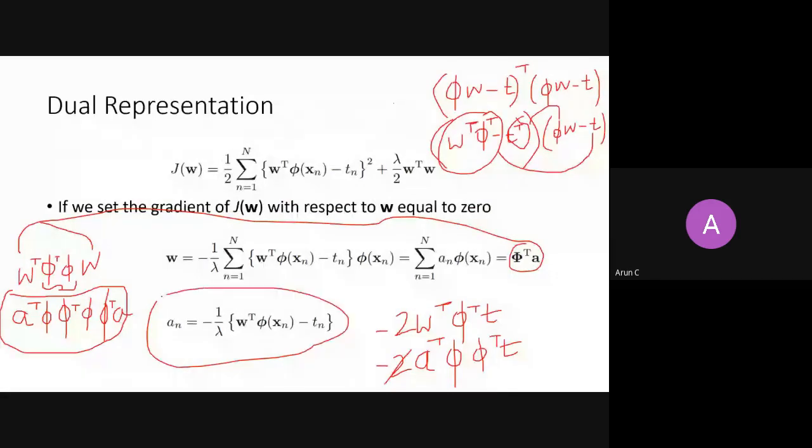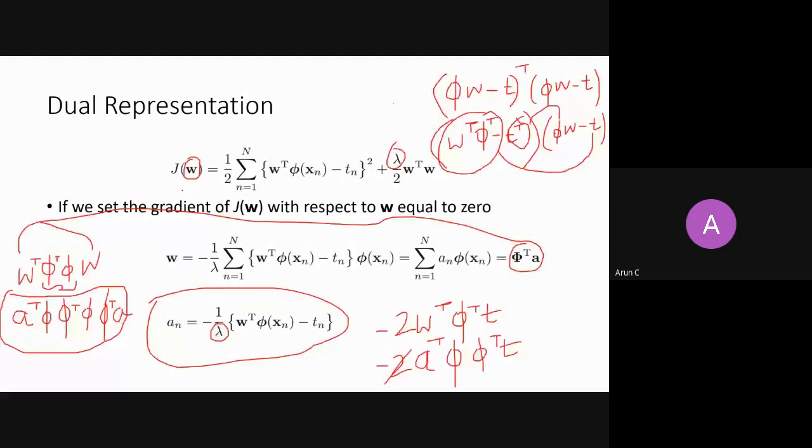In terms of lambda. So it is a dual representation. Dual representation because it's a Lagrangian multiplier and you have just brought it here. So this is how you have changed your error function representation where the variable was W. Now the variable is A, right? And A is written in terms of your Lagrangian. Oh, sorry, I should not use this Lagrangian because I have not introduced it. You have represented your error function in terms of A, where A is a function of this lambda, right? So this is now a dual representation.